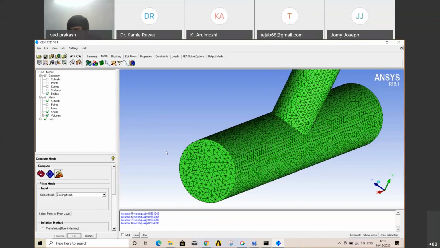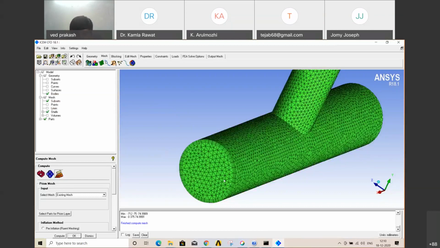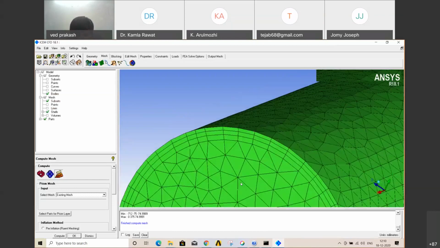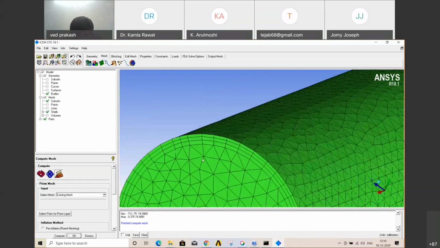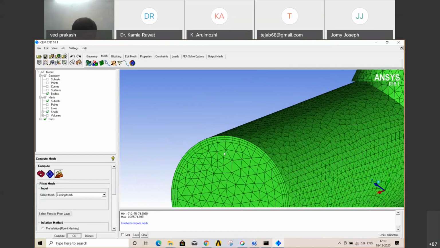Okay, it is prism meshing, and at the boundary it is very refined, so that is why it will take a little bit extra time. I hope it generated. Okay, now as you can see at the boundary we have created some layers for boundary layer effect.